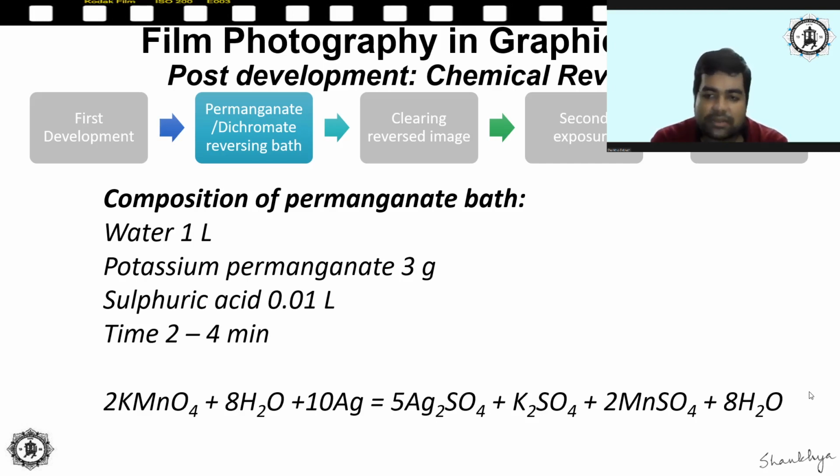This leads to two observations. First, primary development must be complete, and second, there is not a lot of leeway for over or underexposure when using the chemical reversal process. So that cannot be actually changed. However, experience shows that a slightly overexposed negative works better for scans and enlarged negatives.